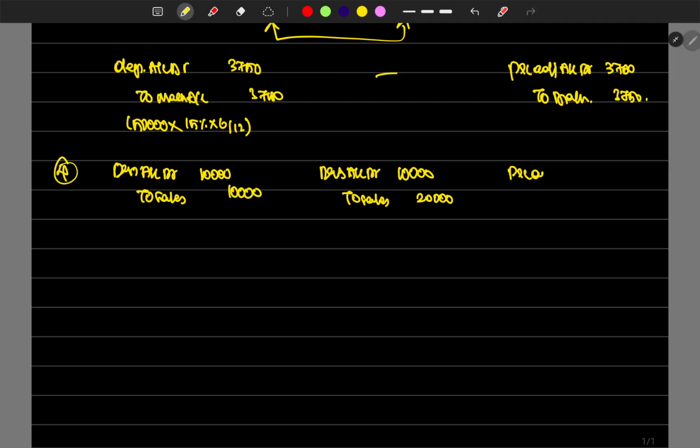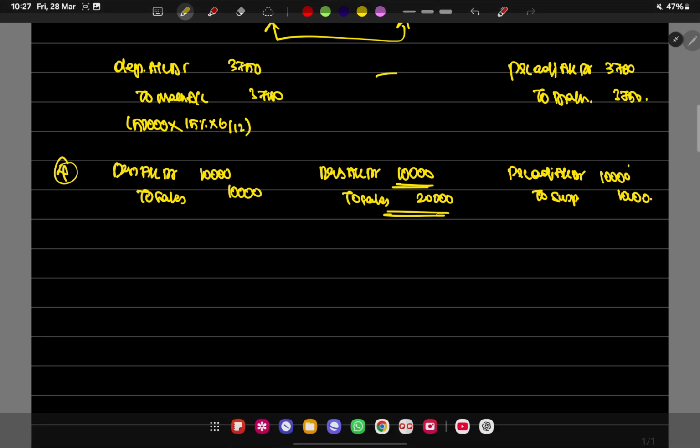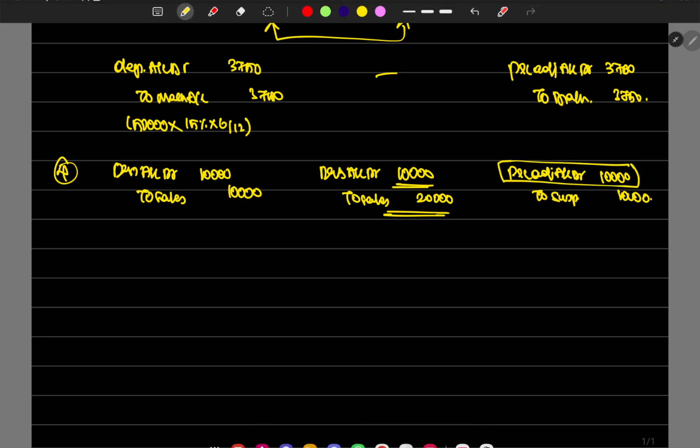So P&L adjustment account debit to suspense, which is 10,000. Guys, this entry is right. We have a mistake with the sales entry only. Sales entry we have reversed, so the opposite entry should be suspense only. Okay, that's it, suspense. The last entry is we have to adjust all these P&L adjustments into the capital